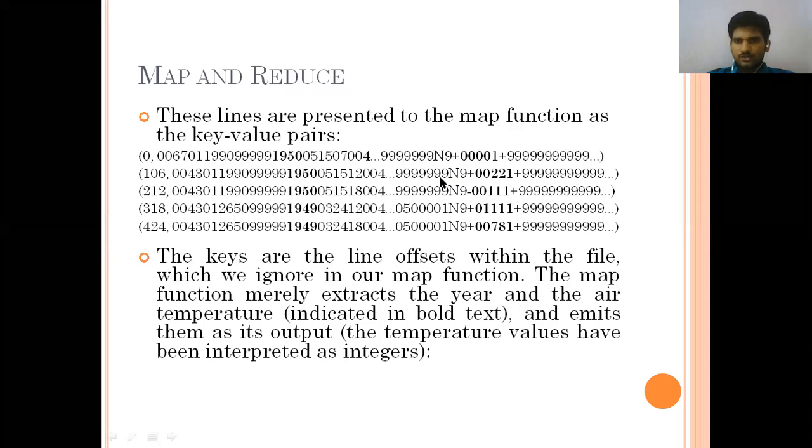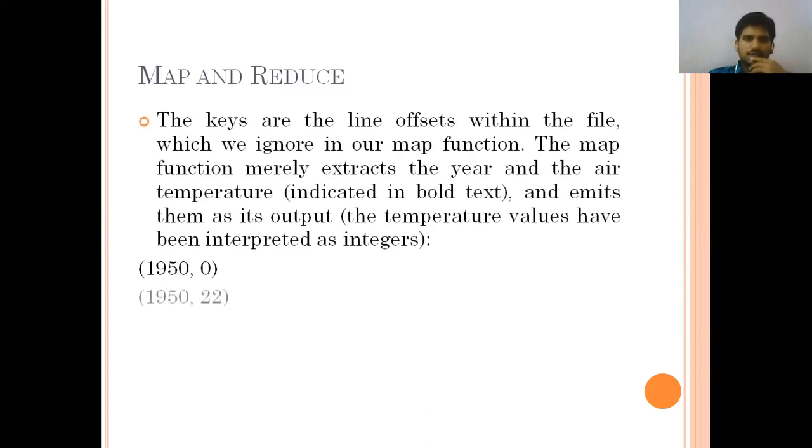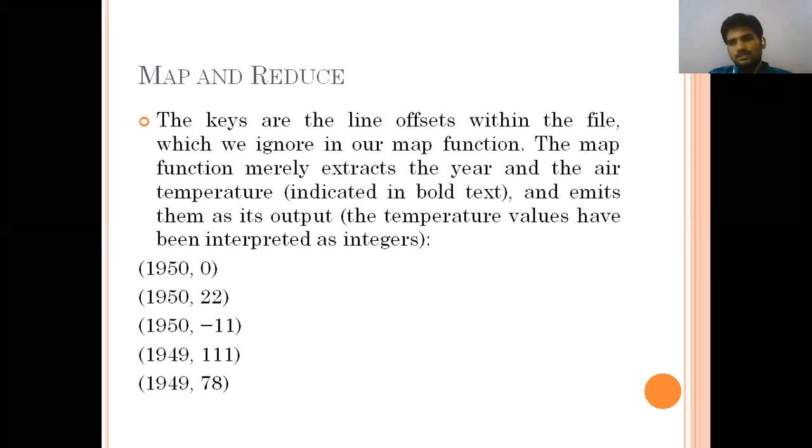I think it is clear. This is a thing we will continue tomorrow. How are we going to consider this map? Simply I will track it down, and we will discuss it tomorrow, then you will have an idea on that. The second one is -11, then 111, then we have 7. So this data is given by the mapper to the reduce function. Once it is used, what is going to happen? Our reduce function is going to consider, for example, in 1950, what is the highest temperature? In 1949, what is the highest temperature? It is going to be taken.